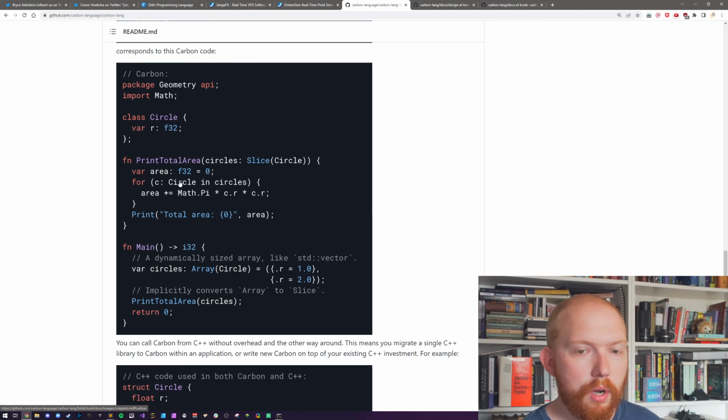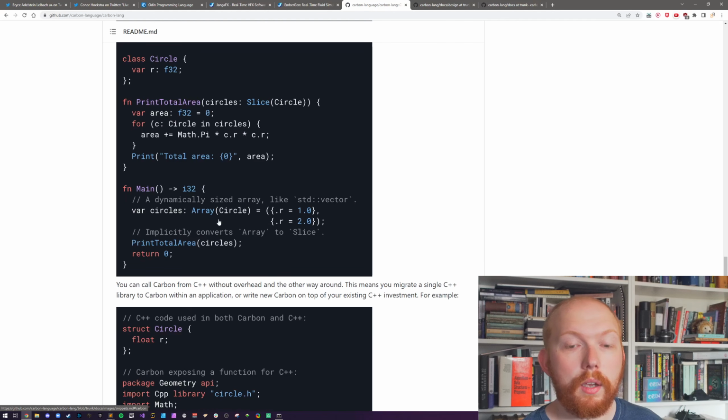They do not have implicit typing here. They have to be typed explicitly for some reason, I'm not sure why. They've gone for Python-like printing as well, which is interesting to say. Another thing they've done here is that the array is dynamic by default, and they're using tuple syntax to declare it.